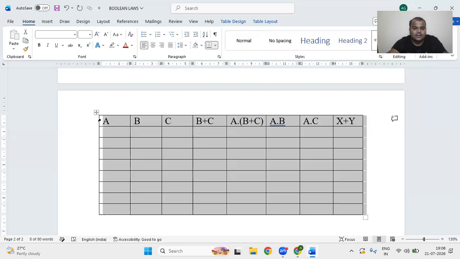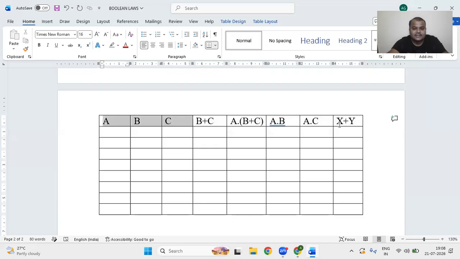Okay, and the first heading I will take as bold. So what are the inputs? 0, 0, 0, and the next input is 0, 0, 1, and the next input is